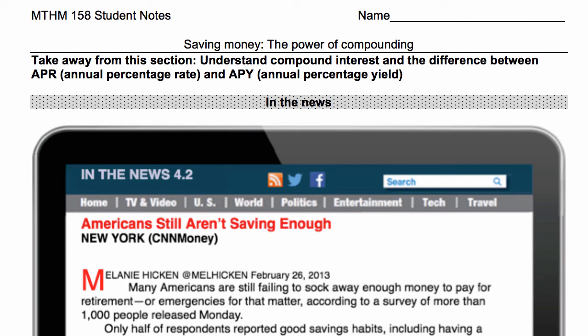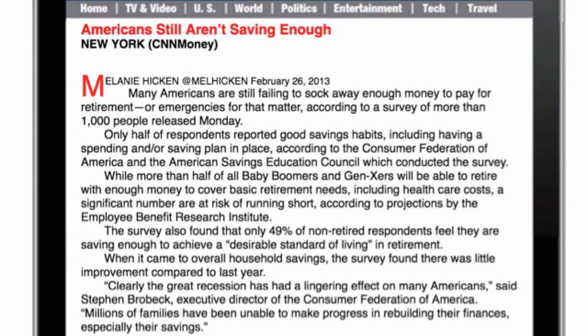Saving money, the power of compounding. In this section, we aim to understand compound interest and the difference between APR, annual percentage rate, and APY, annual percentage yield. According to the following article, written in 2013,